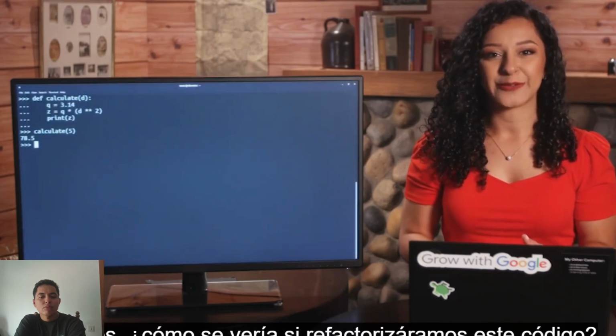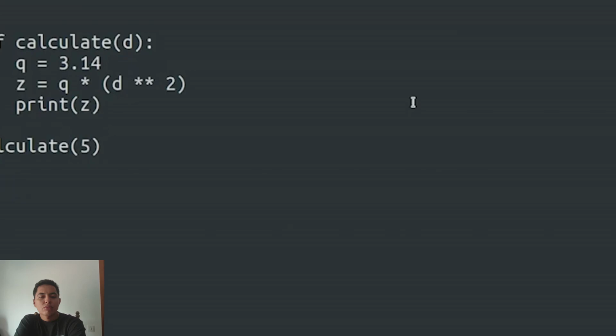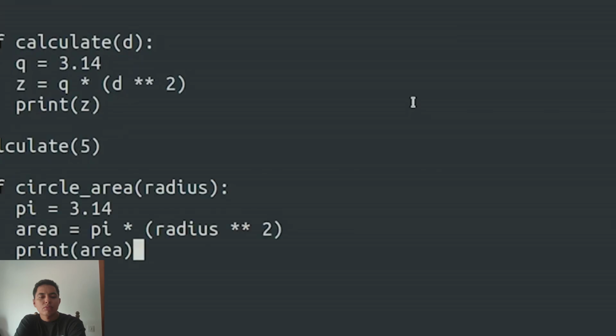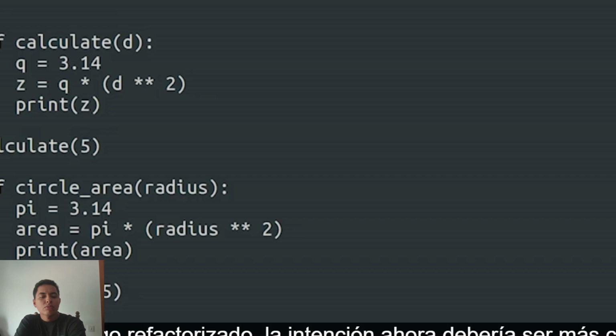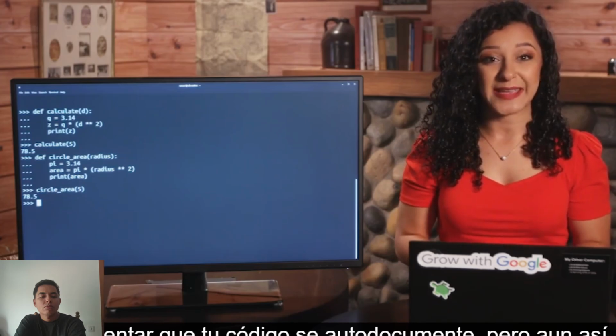So, how would it look if we refactored this code? With this refactored code, the intent should now be more clear. The names of the variables and the function reflect their purpose, which helps the reader understand the code more quickly. You should always aim for your code to be